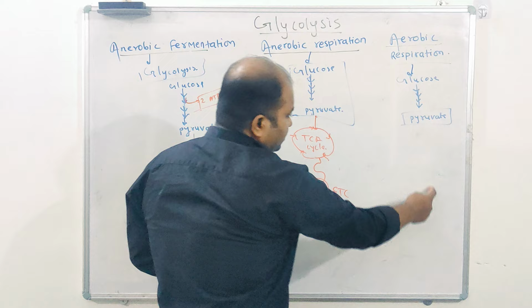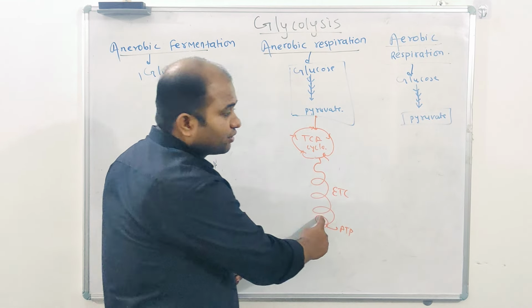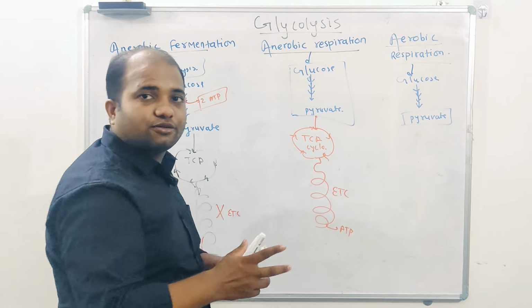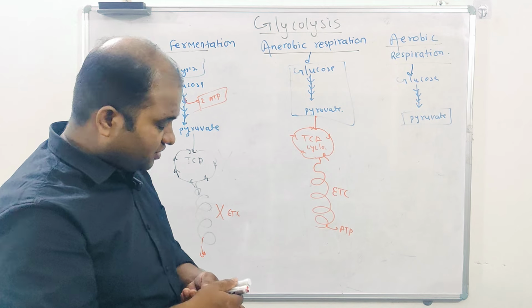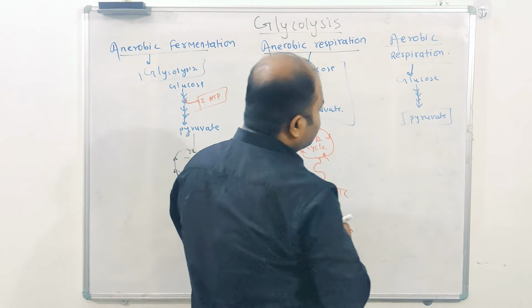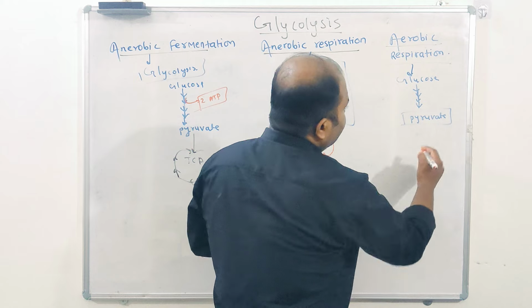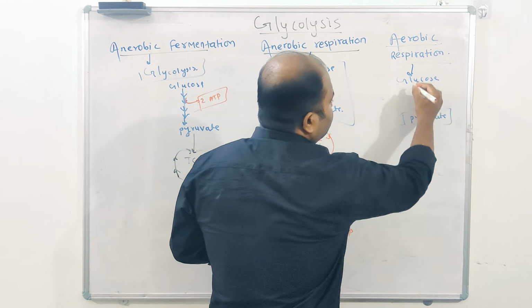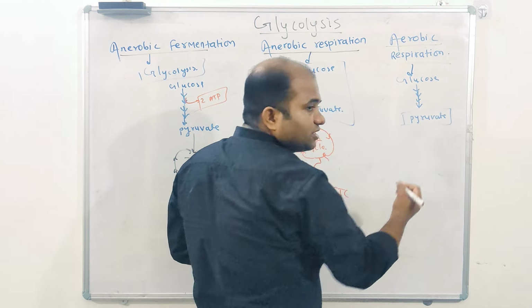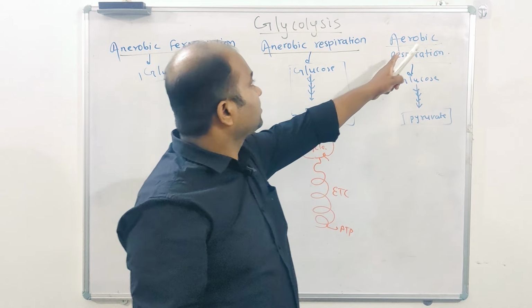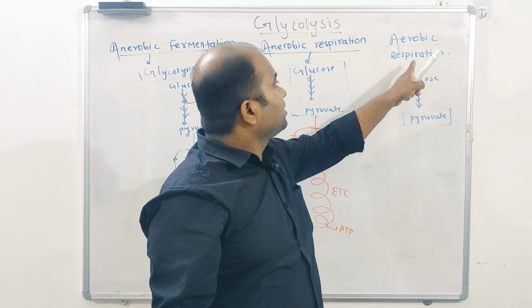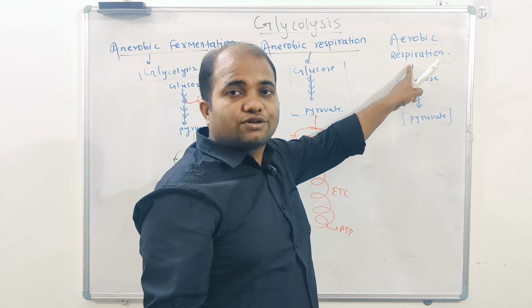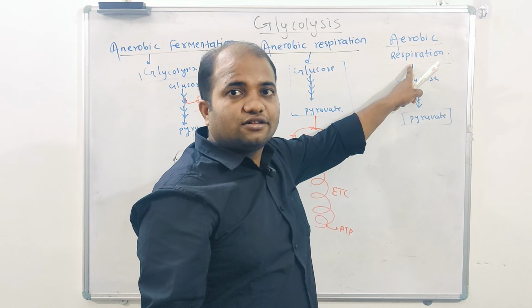Let me discuss first this, then I will compare with this. So both, once we compare, then we can compare and contrast what is the exact difference. So what is happening in the ETC is, first, from pyruvate in the aerobic respiration in humans, all of us will most of the time have aerobic respiration, right? Unless we are in high exercise and all.